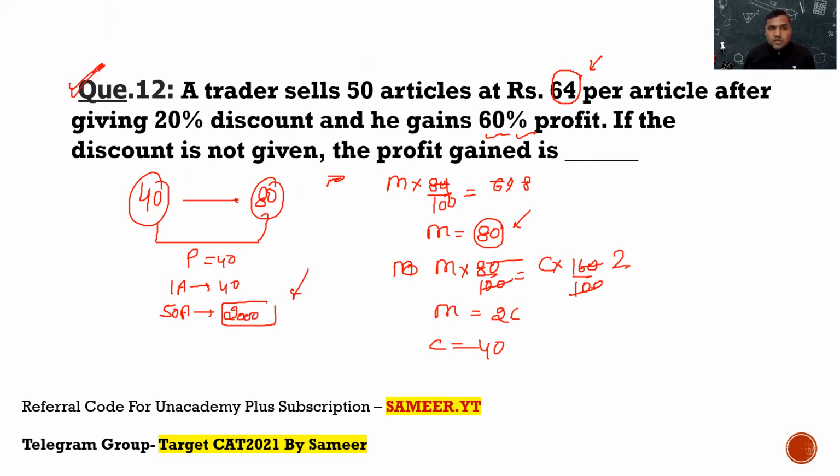So I have covered 12 questions. Considering the level of difficulty of SNAP, I guess these 12 questions are sufficient in the chapter of profit and loss. This gives you a complete idea of how to approach the questions of profit and loss. Next, I'll be picking the next topic, that we'll be starting with the question of simple interest and compound interest in the next part.